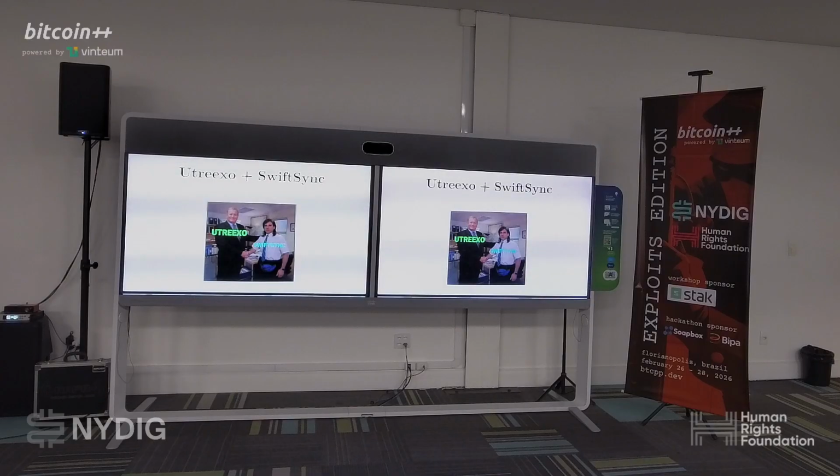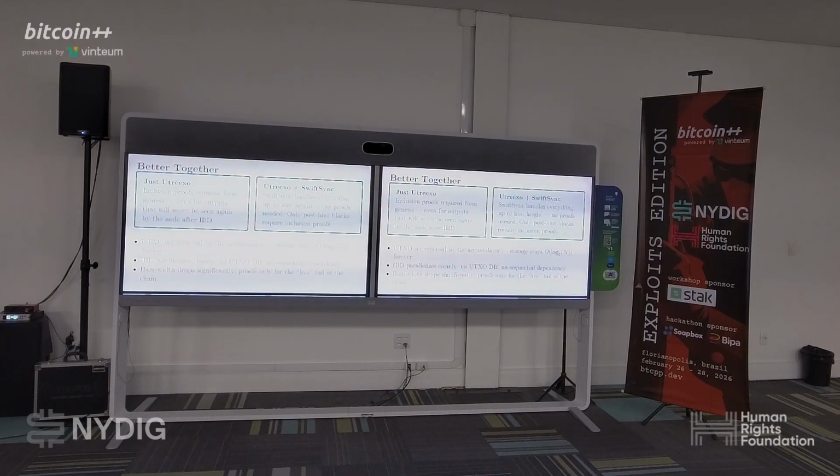So we had a retreat for the Utreexo and SwiftSync guys a few months ago, and we came up with the idea to merge them together. We can take the benefits of both and combine them. If you just have Utreexo, you need to download every inclusion proof for every block, which is about 70% more bandwidth necessary. And if you have Utreexo and SwiftSync, you don't need to download the proofs anymore. So we don't rely on bridges for IBD anymore. You can parallelize the IBD.